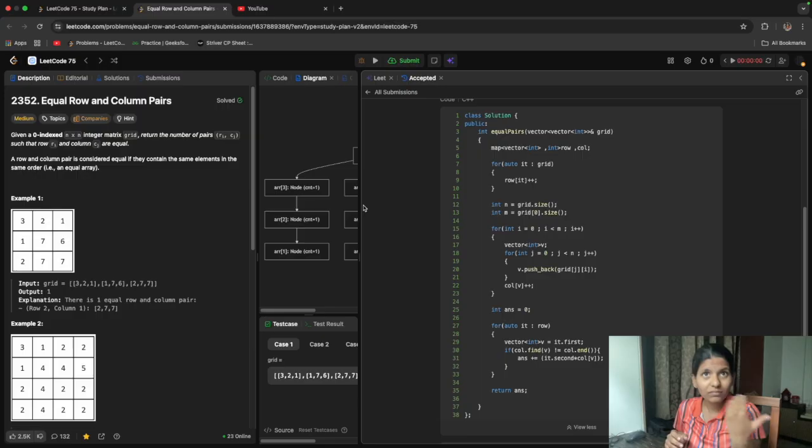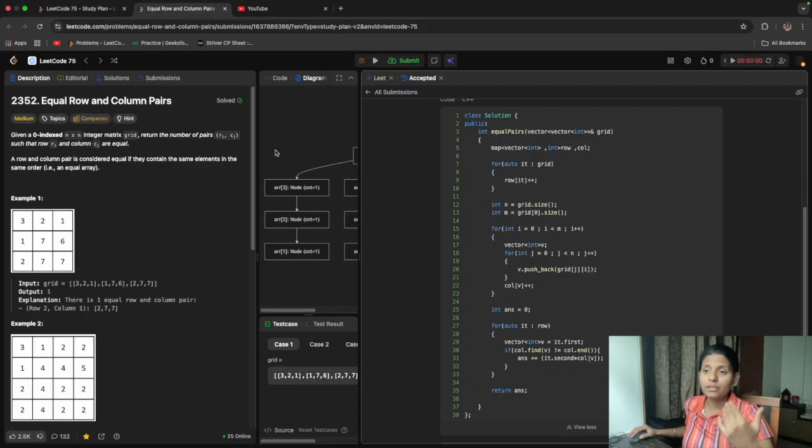If the prefix is matching, well, not just the prefix, we want all of the row and column to be the same, so all the branches should match. The intuition I get here is that I'm matching the row's first element to the column's first element, the row's second element to the column's second element, so I'm just comparing two things. And that can be done efficiently in the trie data structure, because a node contains all the elements in a trie.